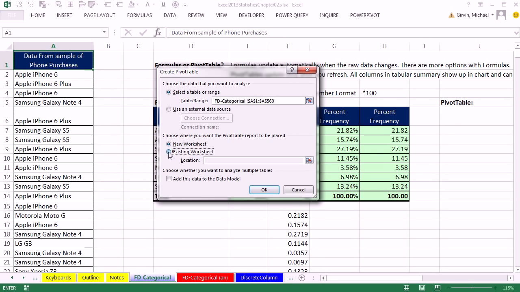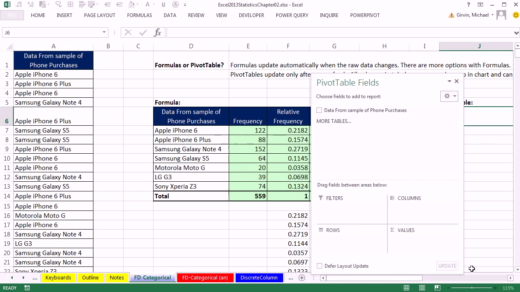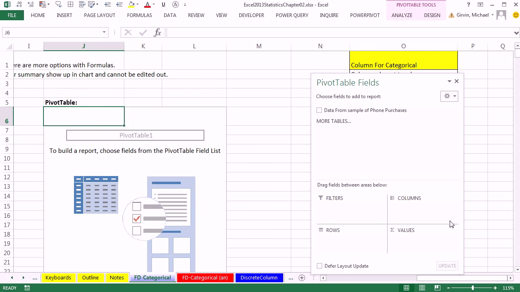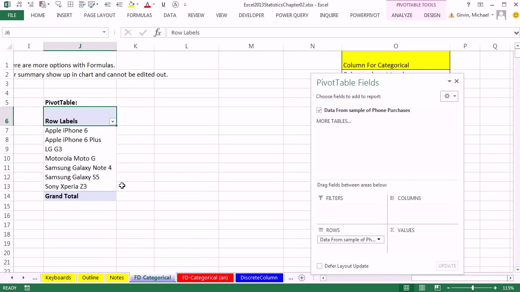I'm going to select Existing Worksheet. The location will be cell J16. Click OK. Now let's scroll over, and we'll build our pivot table. Now remember, there's only one field. And the remarkable thing is when I click and drag down to rows, instantly I get a unique list. That is fast and easy. One of the big advantages of pivot tables is that they are fast and easy. We'll compare and contrast the formula in pivot table in just a bit.